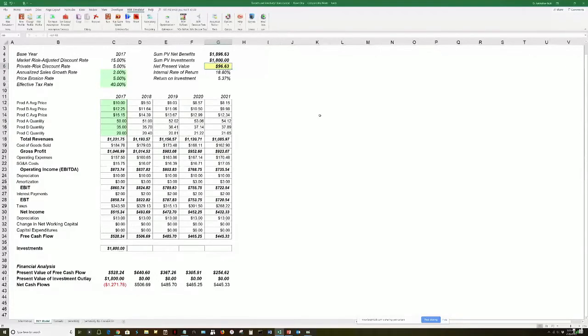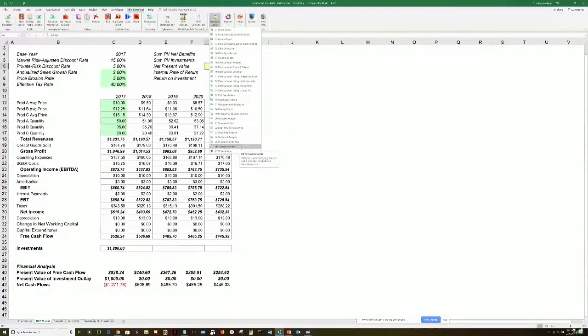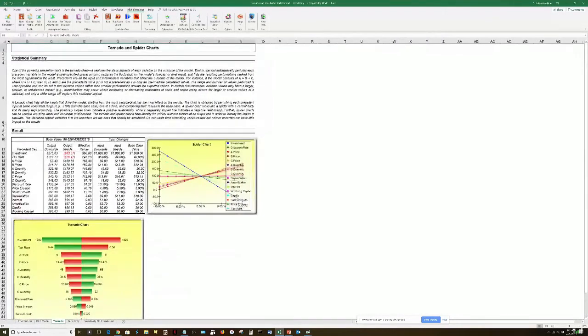So in this case, it's a financial model, and the key to this whole calculation happens to be the net present value, which means the answer, if you will, the bottom line. So we select this bottom line cell, and all I need to do is click on tornado analysis. And notice we've got a lot of analytical tools. You can do probability distributions here. What's the probability something will occur? You can do hypothesis testing. You can do seasonality tests, segmentation, sensitivity, structural tests, all these different things. But I'm just going to run something called tornado analysis. And very quickly, it generated for me a set of tornado results.